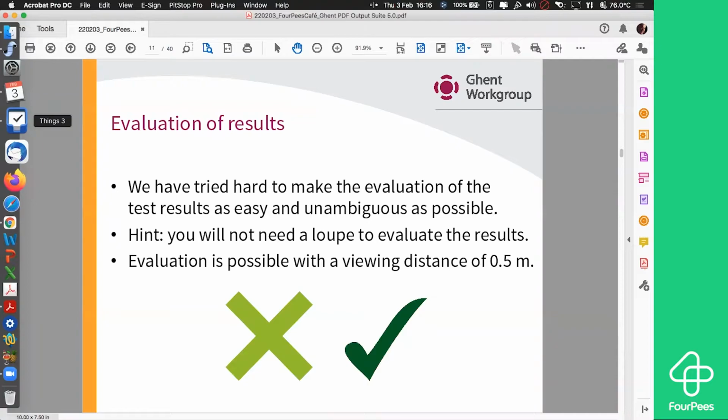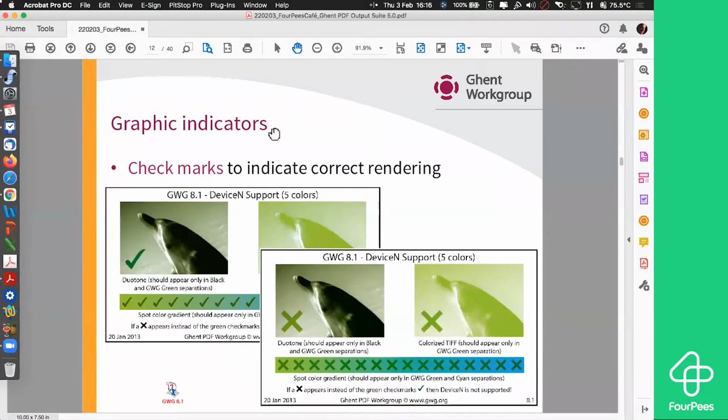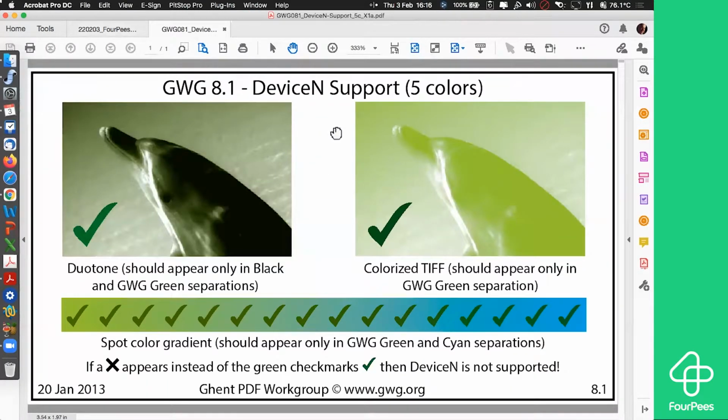How did we do this? With different methods. First of all, in some patches we use check marks. So if you see a check mark like here in this device N thing, then everything is okay. If you see a cross, then there is a misbehavior. I will try to explain that to you in this example. So what we have here is a device N image, a duotone image, which is composed